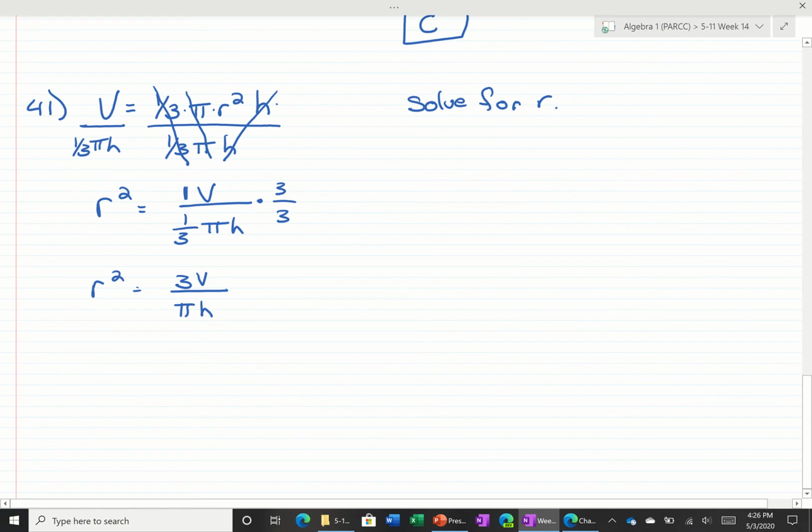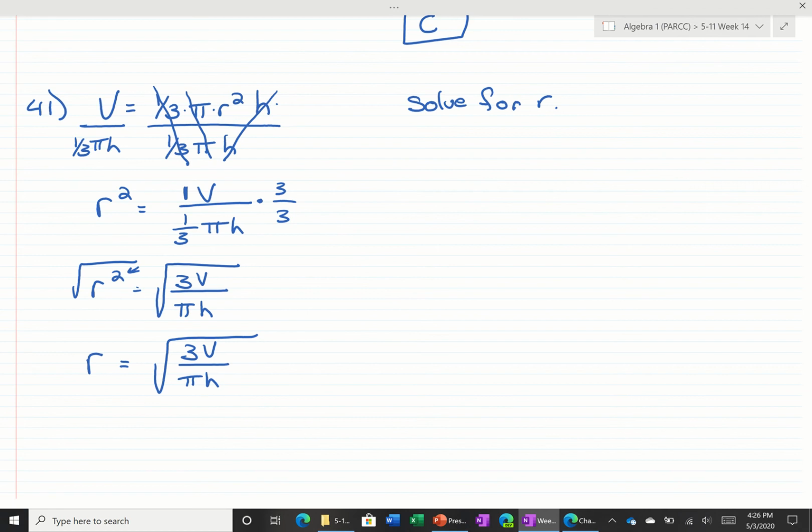So the last step we have to do is get rid of our square. So just like dividing is the inverse of multiplying, square rooting is the inverse of squaring. So we would get that the radius is equal to the square root of 3v over pi h. And technically when you take the square root of something, you do get a plus or minus on the other side. But the question is asking us for the radius. Now the radius, or a length, is always